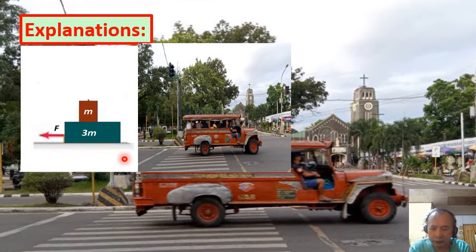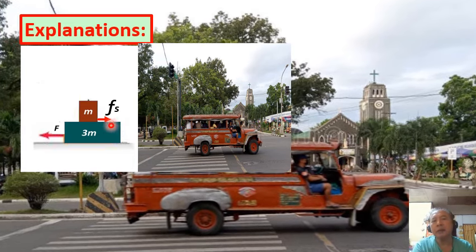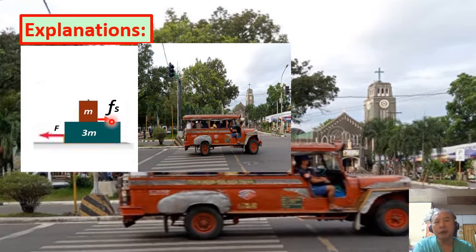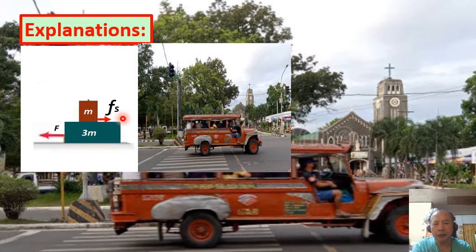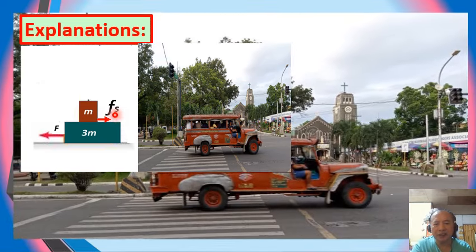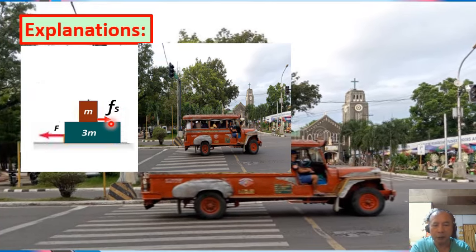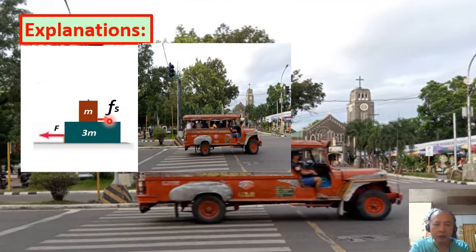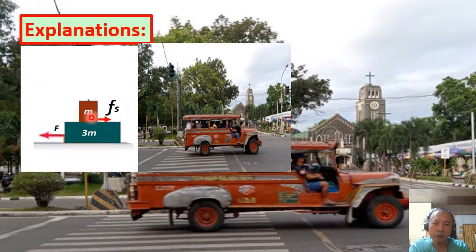And we denote that limiting friction as F sub S. F sub S is the static friction that the smaller box experiences as a result of the motion,